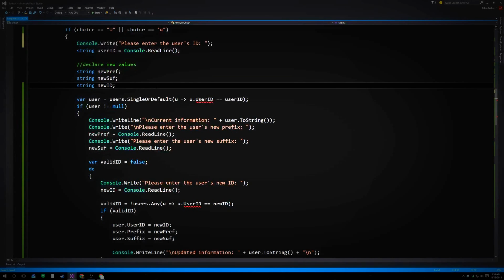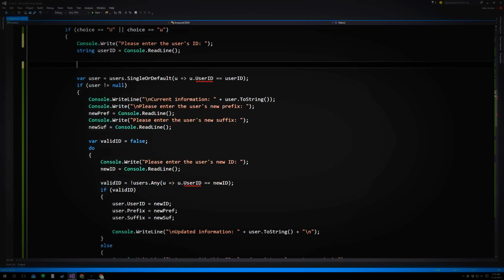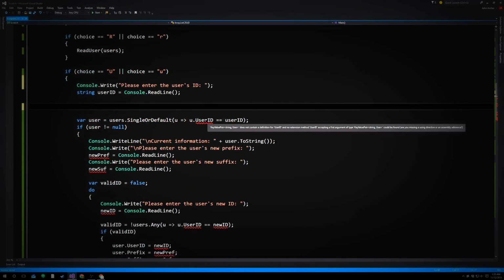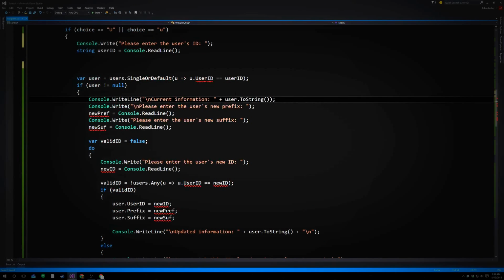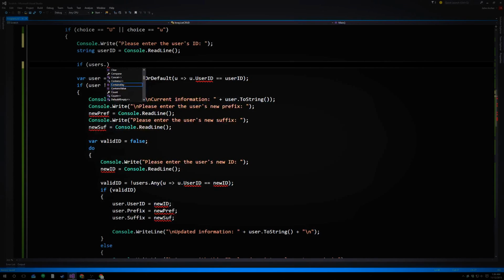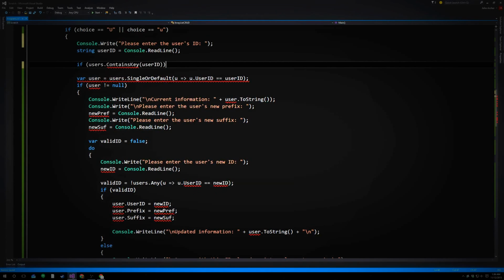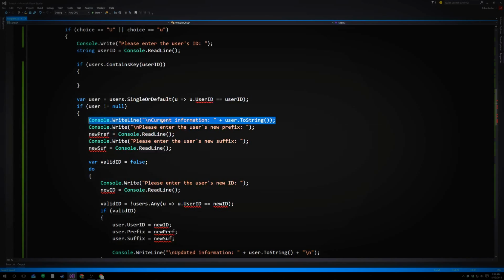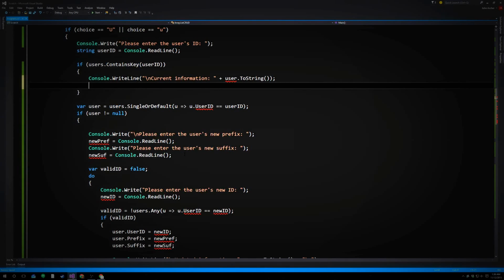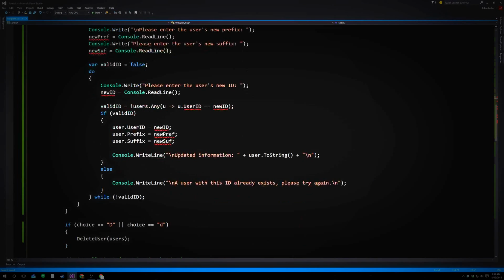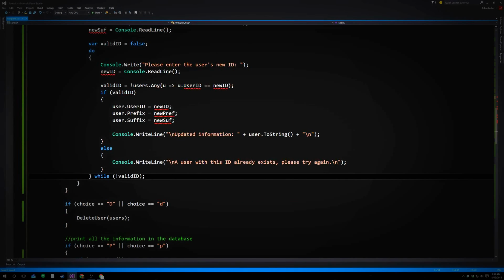Just like this. That's fine. If users dot contains key user ID, then current information, great. And then the rest of it is all just create. So